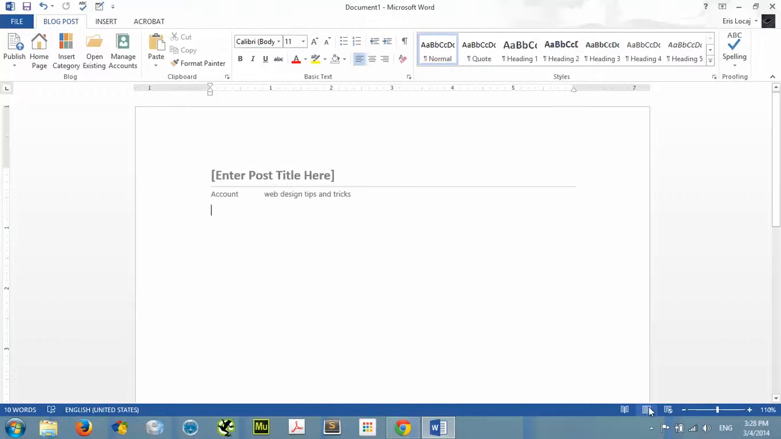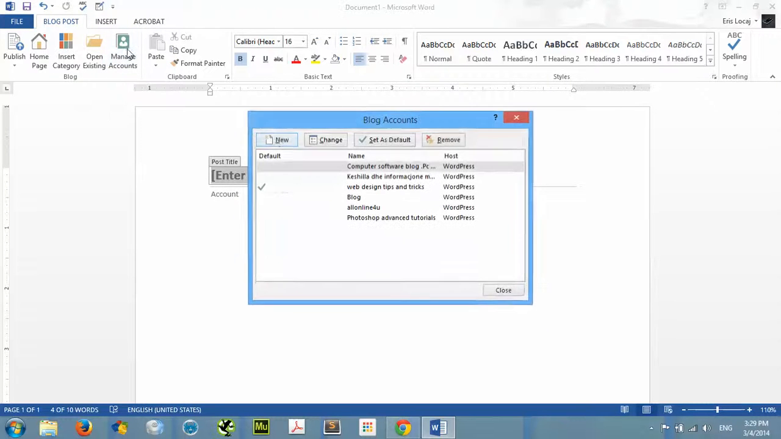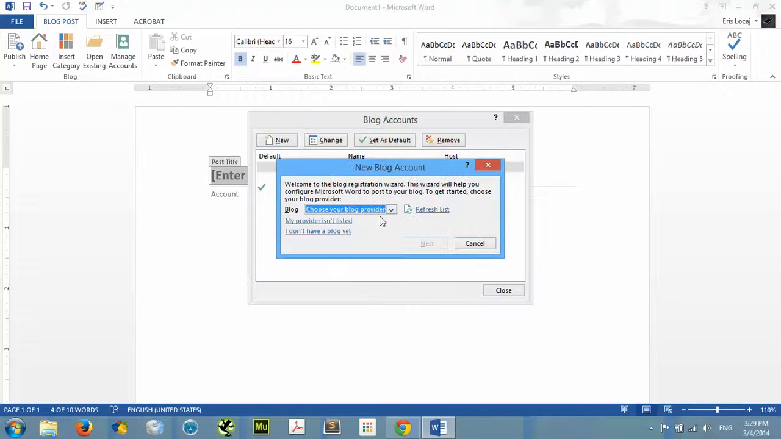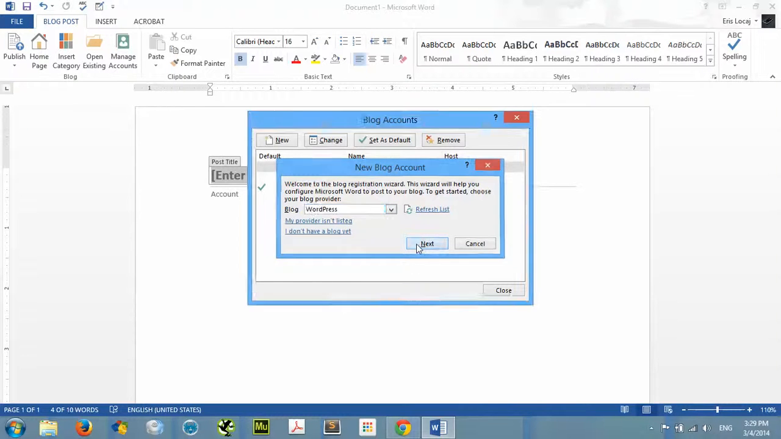Well, I don't see any reason to use any other platform because there you have many plugins, you have many useful stuff that you can do. After this, when you have inserted your blog in your Microsoft Word, you have synchronized it, and you can do it this way, by going here where it says manage accounts, click on it and say new, select your blog provider, click WordPress, next, and here